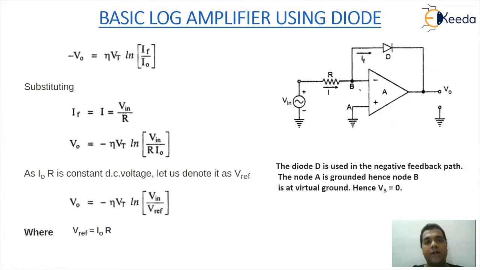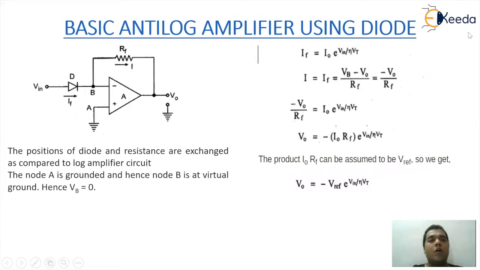Hence, this amplifier is called a log amplifier. Now, when we talk about the basic anti-log amplifier using the diode, you will find that the arrangement of the previous circuitry is swapped with respect to the position of the resistor and the diode. So here on the feedback path, we have a resistance RF, and on the input path, we have a diode defined by D. The logical understanding of the current and the voltage relation still remains the same,